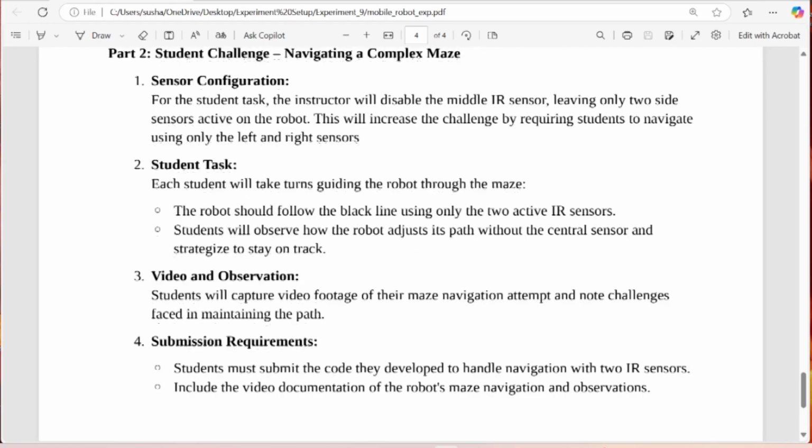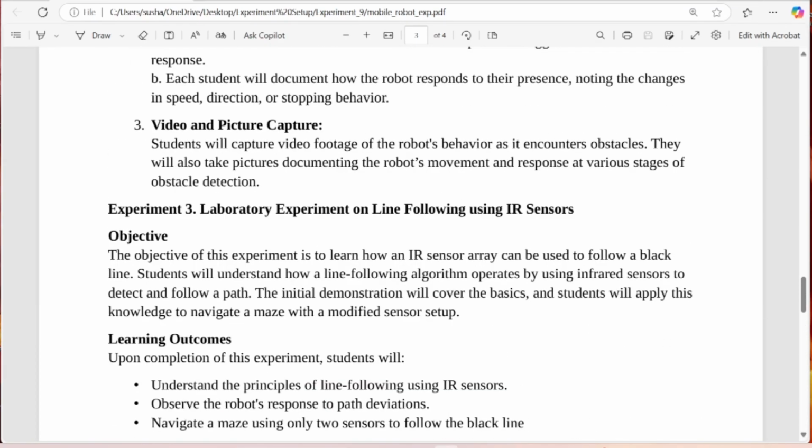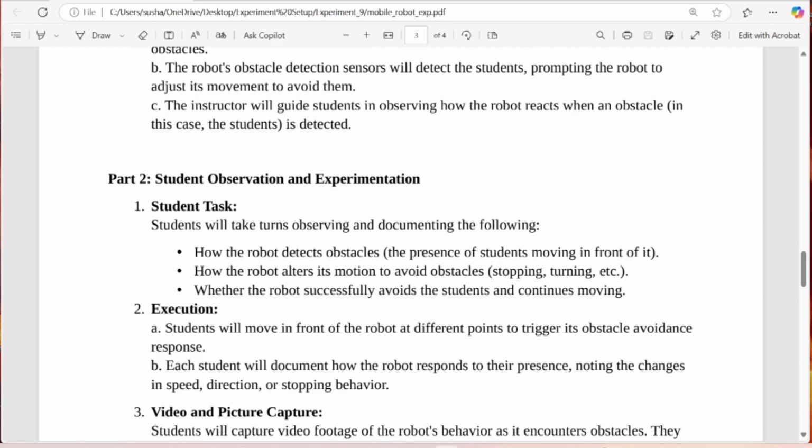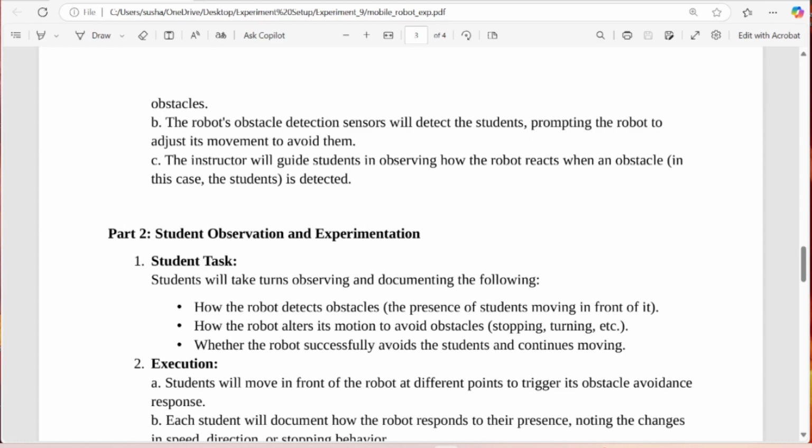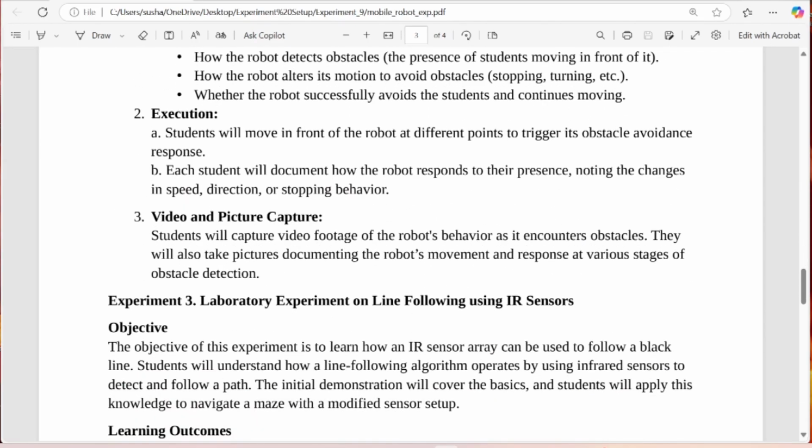So these are the 3 experiments. One is basically to look at the working of the mobile robot. That is, it has to go front, it can go back, it can turn left, it can turn right. The second experiment is using the ultrasonic sensor just to avoid obstacles. Whenever there is an obstacle in front, it changes its direction. The third is line following using IR infrared sensors. Whenever the sensor is on the line, it tries to follow the line by looking at the logic. Okay, so let's look at the program and then let's look at the actual experiment.